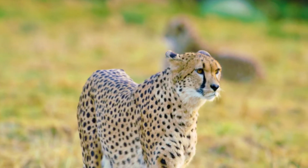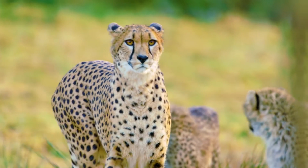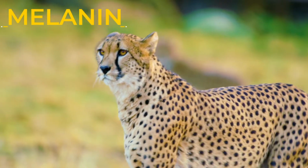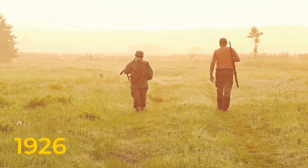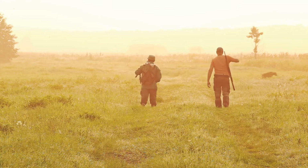At first, it was thought to be a different species altogether, before it was discovered that the fur pattern was caused by a recessive gene that promoted the overproduction of melanin in the skin. Back in 1926, Major A. Cooper shot a king cheetah and noticed how the fur was thicker and darker than normal, so he named it